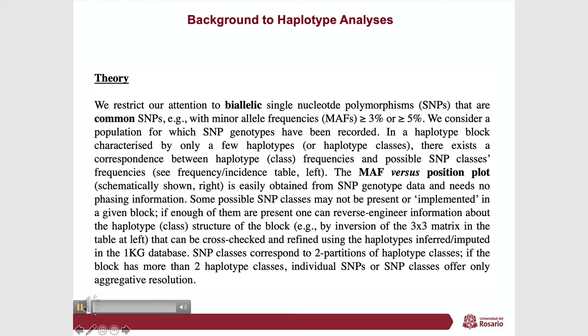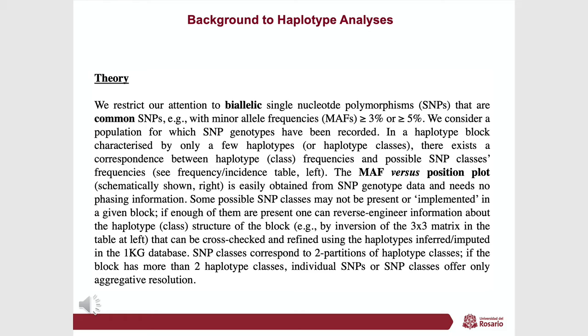As you have seen in the previous slide, gallstone disease is not a particularly rare disease. Correspondingly, one is interested in common variation, in other words, SNPs in which the minor allele frequencies will be greater than, for example, 3% or 5%. This means that with relatively small samples of individual populations,